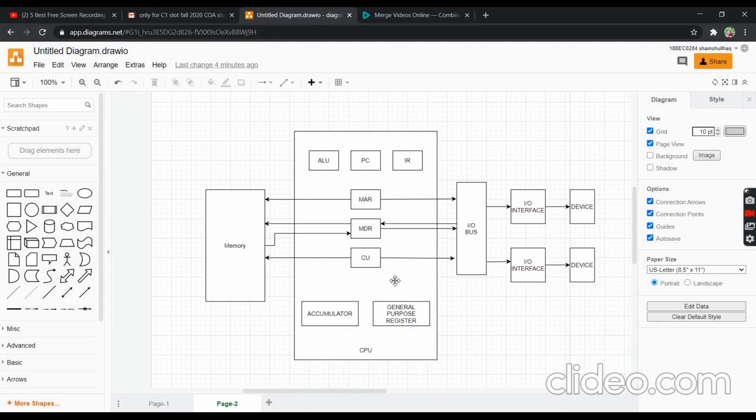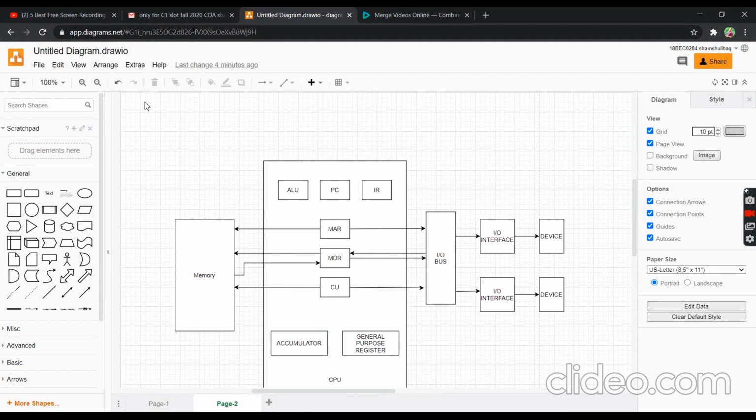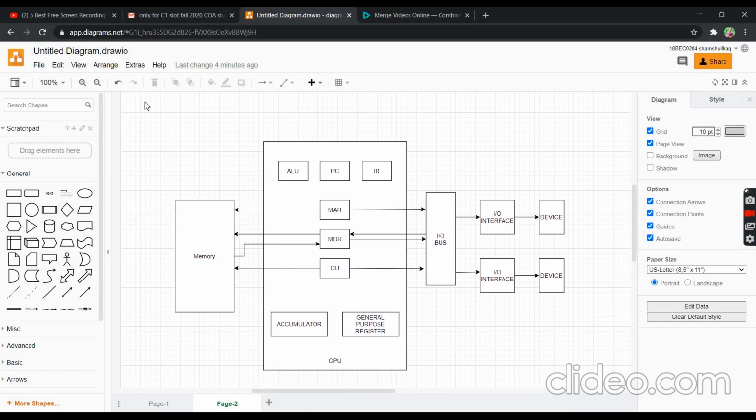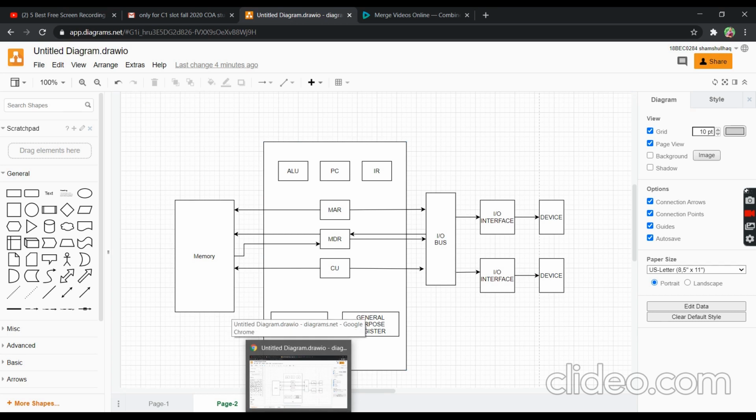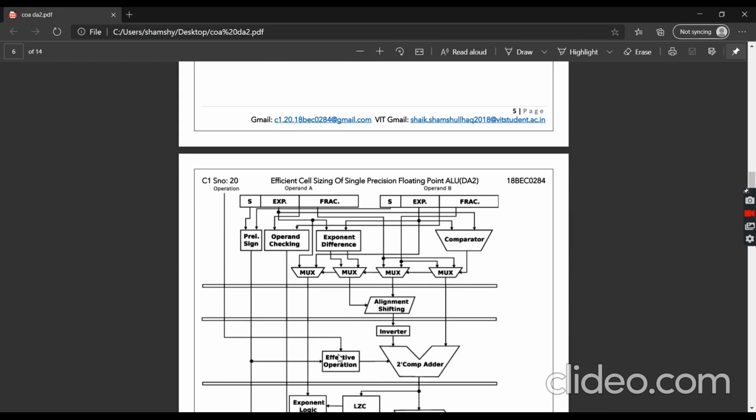Here, have a look. This is the block diagram for the question. I have used the draw.io tool from Chrome. While making the DA, I got to know about this free tool recently, so now I'm using it and drawing the block diagrams. This is proof that I have done this DA on my own.